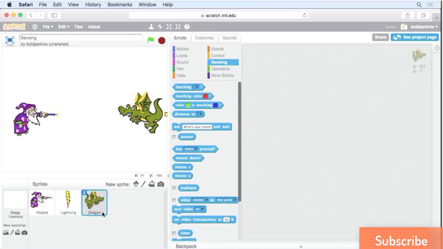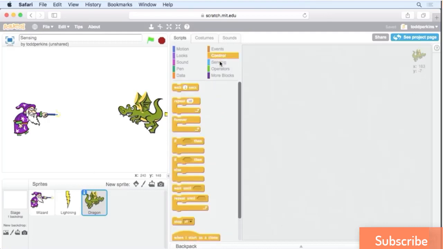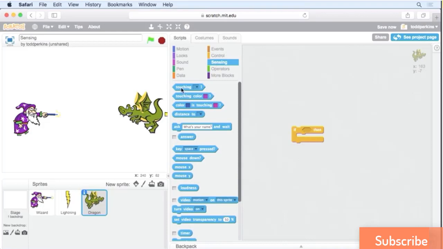So with the dragon selected, I'm going to head over to Control, and then I'm going to drag out an if-then block. So it has that hexagon shape in there, so we're going to need something that is that shape to put in there. It's going to be evaluated as true or false. Let's go back to sensing, and the one that we want is touching just with the drop down. So let's drag that in, and then I'm going to drag it by the left edge, and then hover that left edge over that hexagon, and when the hexagon is highlighted,